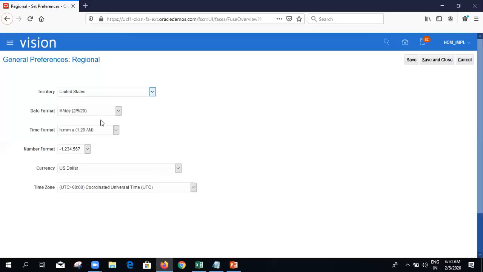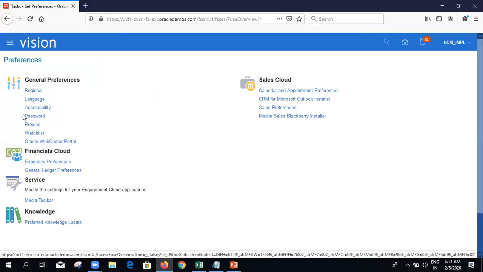At that time, if your system format is not syncing up with the report formats we have given, it will throw an error. So be sure, usually the entire organization will maintain one format only. That will be the preferable one. Then you can click on save and close to get the changes effected for your particular user.